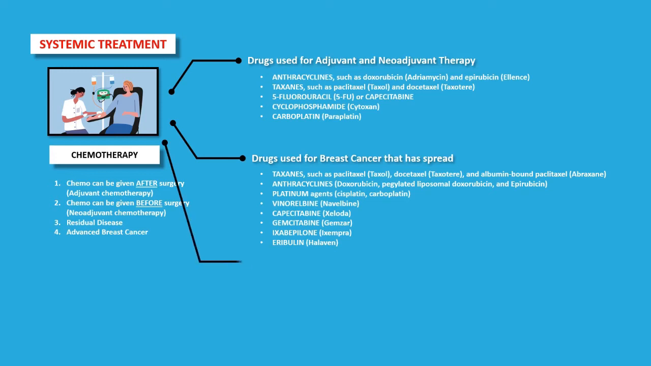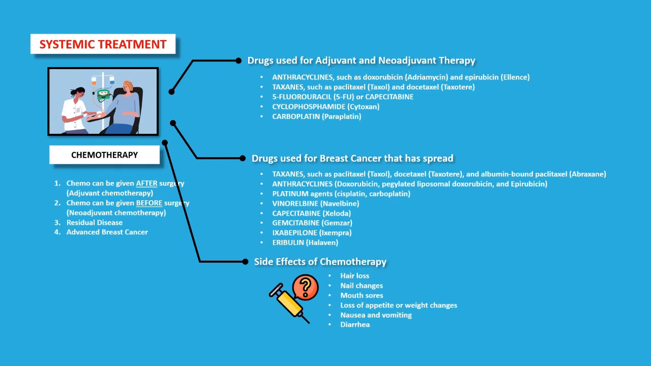Chemo drugs can cause side effects. These depend on the type and dose of drugs given and the length of treatment. Some of the most common possible side effects include hair loss, nail changes, mouth sores, loss of appetite or weight changes, nausea and vomiting, diarrhea, and chemo can also affect blood-forming cells of the bone marrow, which can lead to increased chance of infections from low